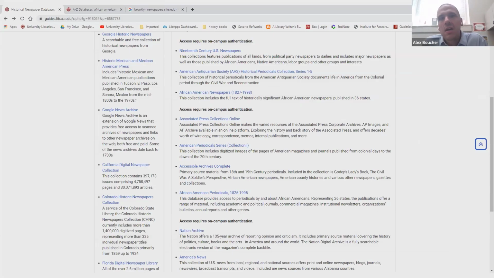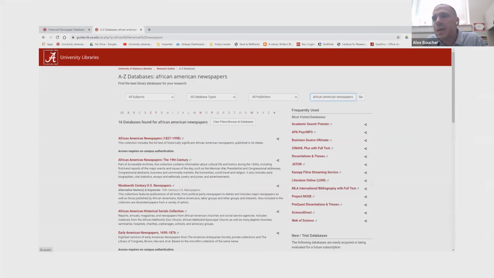Going back, it just sort of depends on what you're looking for and what your topic is. If you're doing colonial America, you would look at something like early American newspapers. But we also have plenty of African American newspaper databases, as you can see a couple of them here. We have the Nation Archive. And looking again at African American newspapers, you could also on the databases page just search for that. So we have all sorts of different types of historical newspaper databases, but the two biggest are Proquest Historical Newspapers